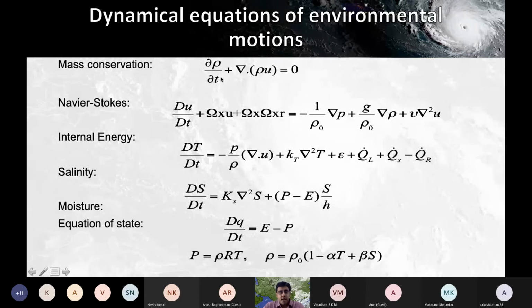So in total you have 7 equations for the atmosphere, 7 equations for the ocean, and the radiation budget for land. The amount of energy received by the surface plays a very important role, like I already told you, because that governs how much heat is available for heating the parcel. So 15 equations are there, and 15 equations are solved